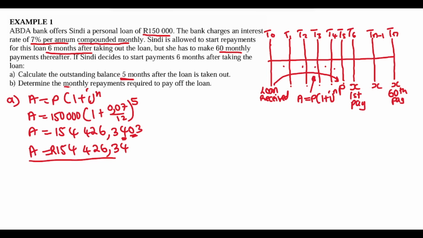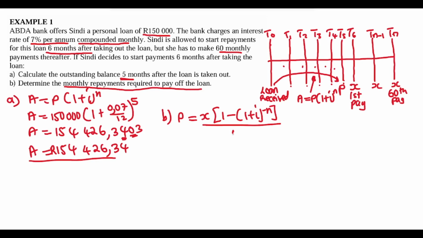Then it says determine the monthly repayments required to pay off the loan. So now we're going to be using the new outstanding balance, and then we're going to use our formula: P is equal to X times [1 minus (1 + i)^(-n)] over i. That's the present value annuity formula. Let's substitute our new present value here: 154,426 rand 34 is equal to, we're looking for X, so it's 1 minus (1 + 0.07/12), and the monthly payments are 60, so we use 60 there, and then all this over